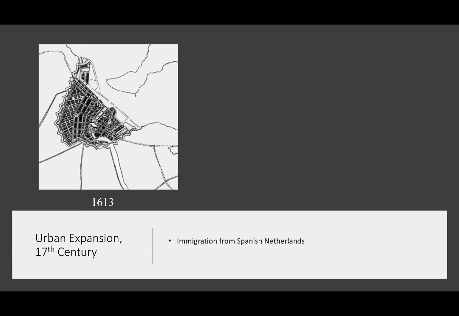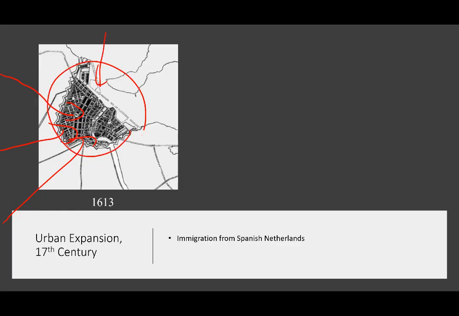But during the 17th century, we're going to find out there was immigration going on from the Spanish Netherlands. So a lot of people were moving in this area, and even some English people were moved because of all of the economic opportunities. So Amsterdam became overcrowded. They didn't have enough resources. The problem is they couldn't move to the east because of Prussia. They couldn't move to the west because of France. So they didn't know what to do.